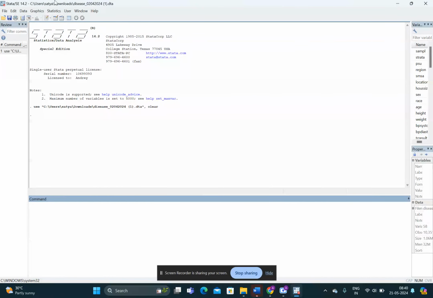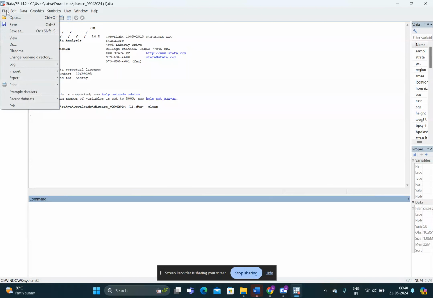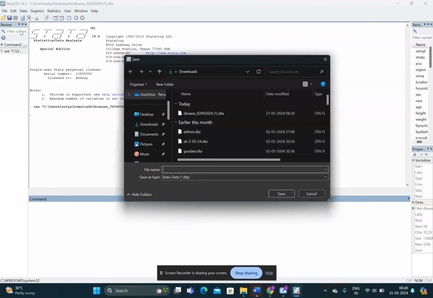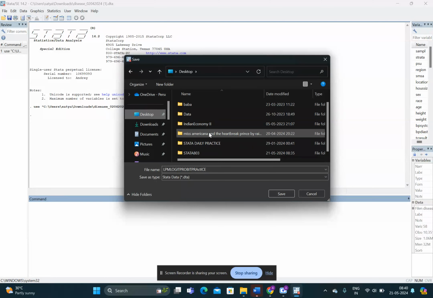As we have all learned, we should first save our data set with some other name. I will save it in a particular